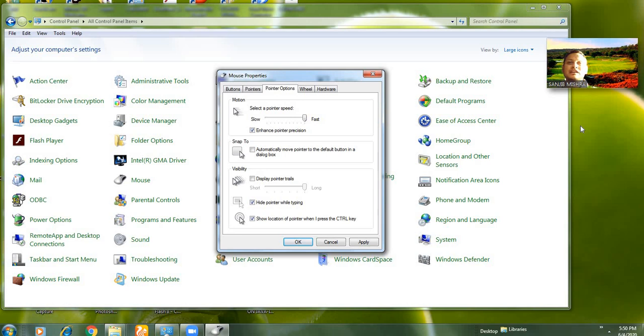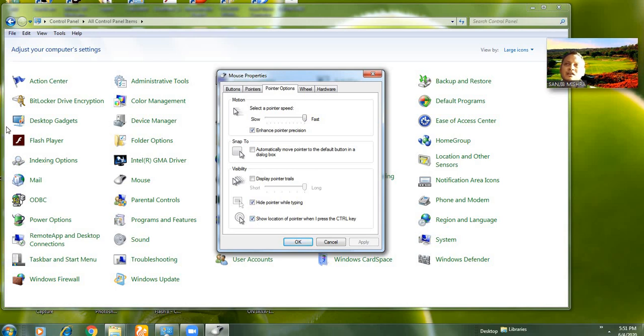able to locate the pointer where it is. So what will you do here? Suppose the checkbox is not chosen and you are not able to locate where your pointer is. Then choose the option to show the location of the pointer and apply it. Wherever you click, you will see a circle highlighting the location. Like that you can see where your cursor is located. So you have to use this checkbox to see the cursor pointer location.